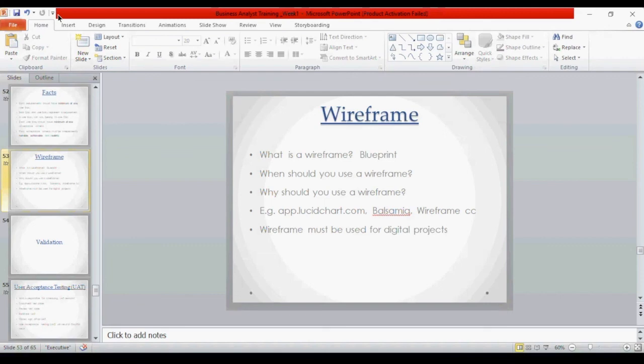maybe the developer just develops this. And they put maybe this home in the middle, they put the design at the right-hand side. That may not be how they want it. But the wireframe helps you to minimize rework, it helps you to get it right from the beginning, because the user will be able